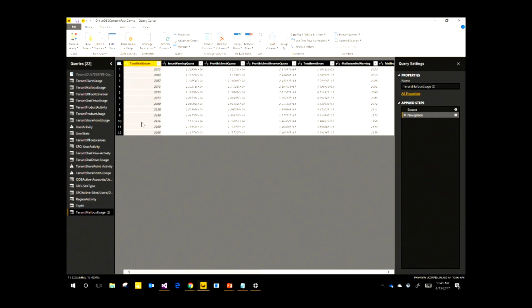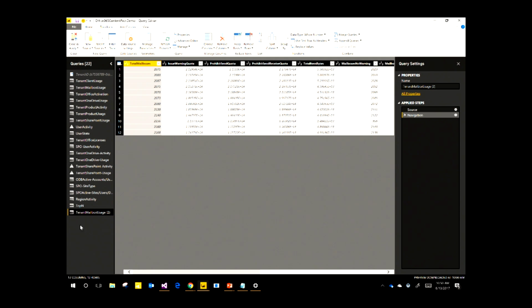And now I have the data. This is the starting point. All I've done is connect it to my OData feed and retrieve the data to Power BI. You can build all the transformations you're familiar with. You can transform the data into any shape you want before you load it to the